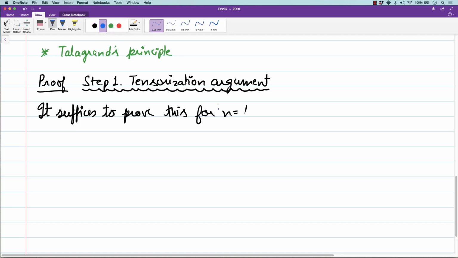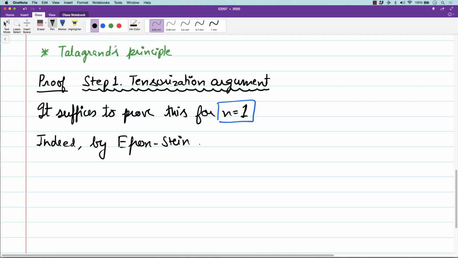Okay, that's a claim. That if you show this inequality for one dimension, then automatically it holds for all dimensions. So how do we show that? Indeed, by Efron-Stein inequality,